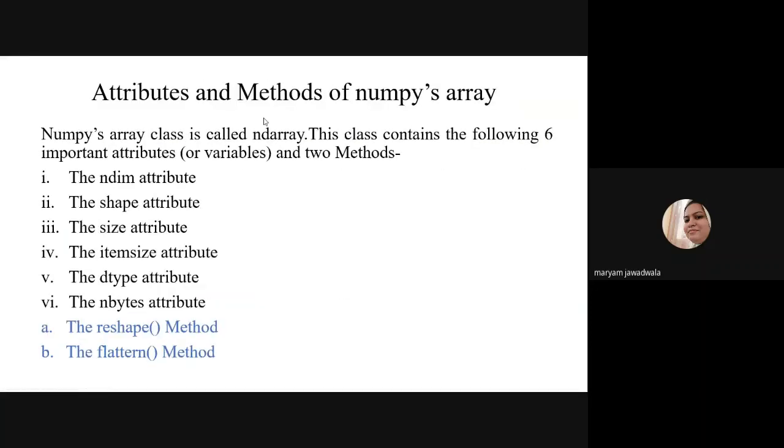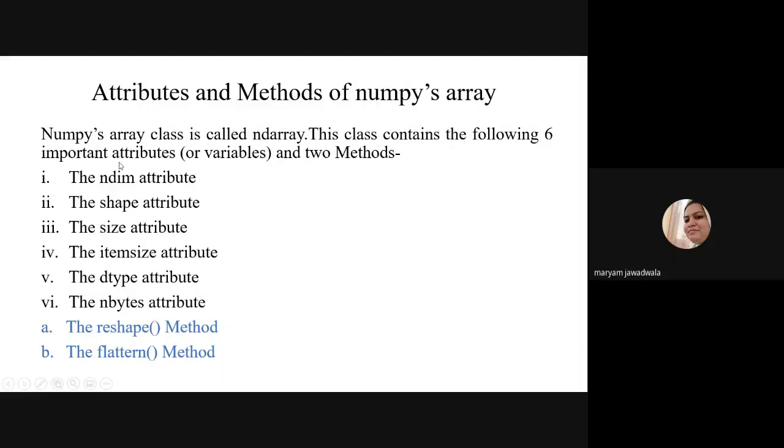Next comes the attributes and methods of the NumPy array. Right. So this slide is very important. We should understand all the methods and attributes defined in the NumPy array. So the NumPy array class is also known as ndarray, right? This class consists of 6 important attributes or variables and 2 methods, right?